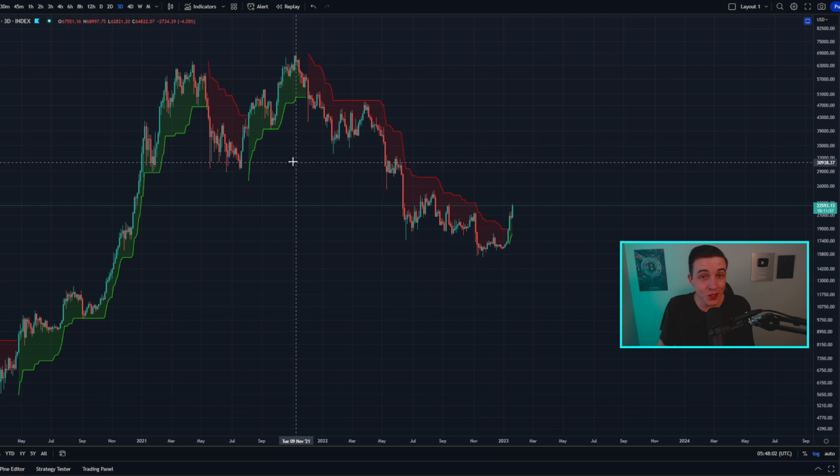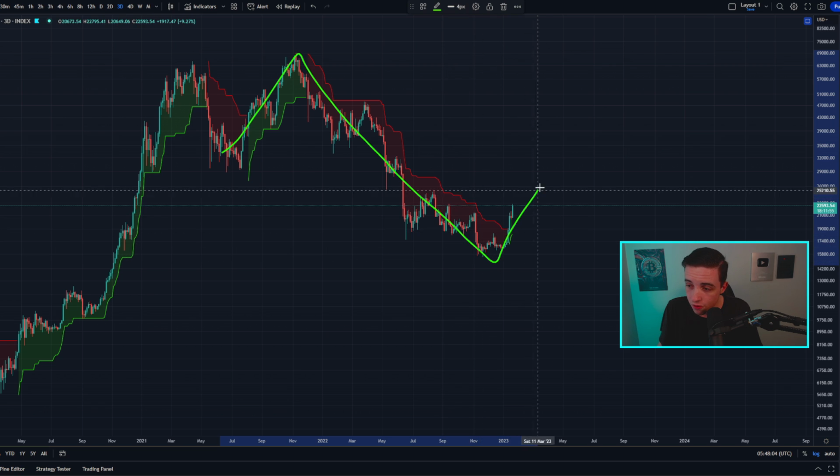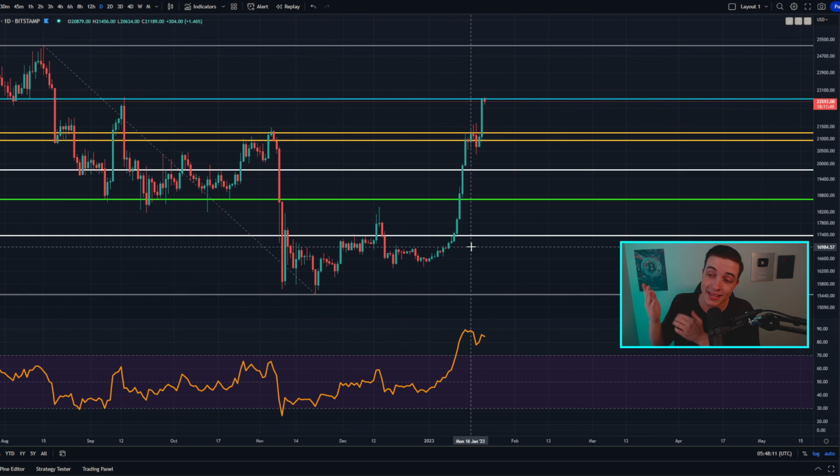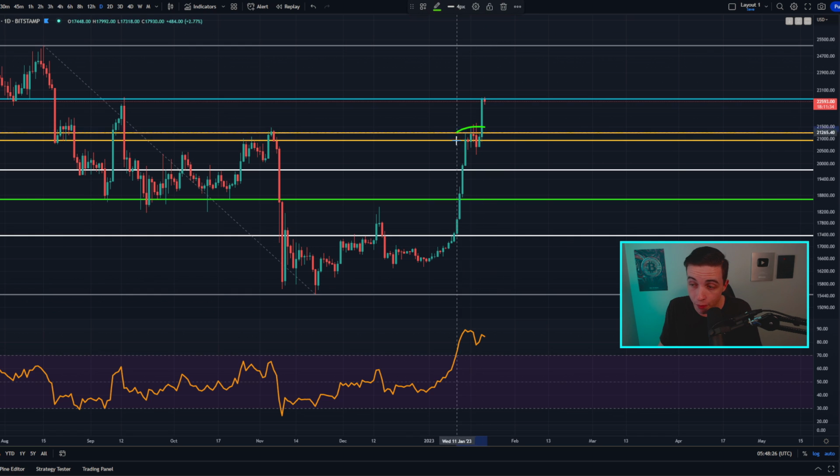But anyway, this is all talking about the much larger moves on the Bitcoin chart. If we want to know about the shorter term, obviously we need to zoom into some smaller time frames like the daily time frame. Obviously this isn't a very small time frame, but it is smaller than the 3-day charts. And right now we can obviously see that the price of Bitcoin confirmed a breakthrough, the golden pocket finally breaking above 22.2k with confirmation. And as soon as the price broke through that golden pocket, obviously it went straight to the upside,